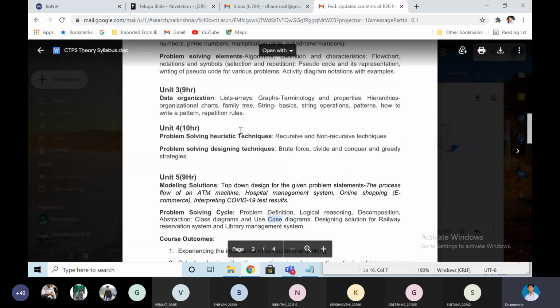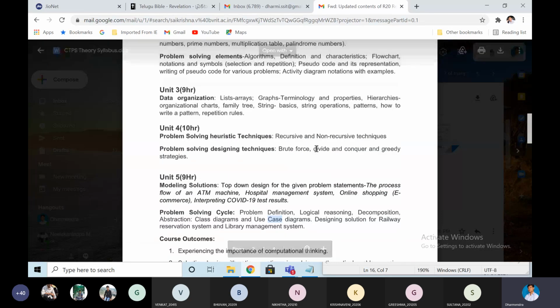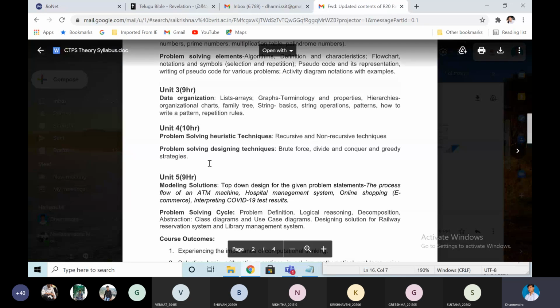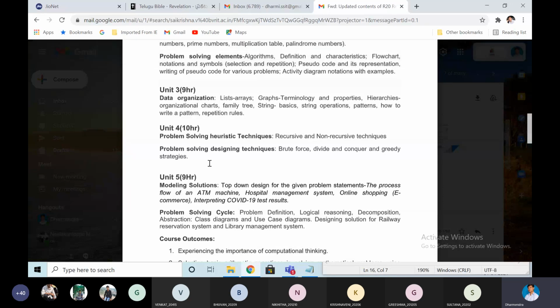So this is about the 5th unit. Here I explained very clearly. Examples also I have given for these. Very simple. These brute force, divide and conquer, greedy studies also very simple, we have seen. Then recursive techniques, the functions, don't bother about the function, that is the programming concept.